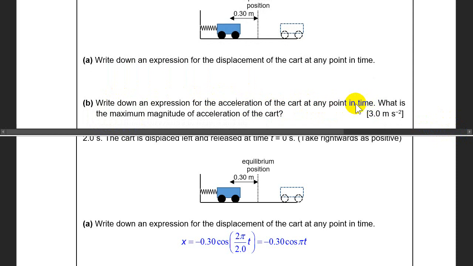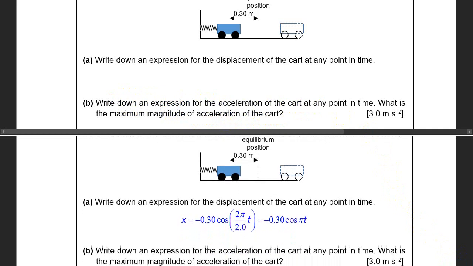Okay, and then there's a second question within this part B. What is the maximum magnitude of acceleration of the cat? Let's do the first one first. What's the formula for the acceleration in terms of t? Okay, then no problem. What we do is,